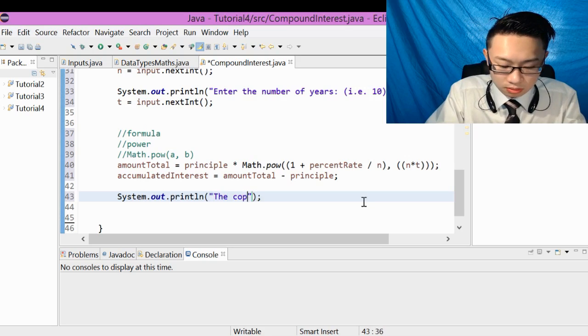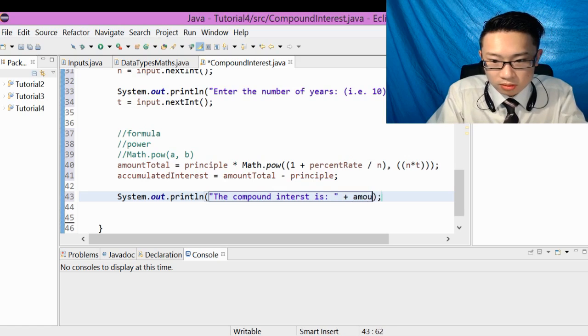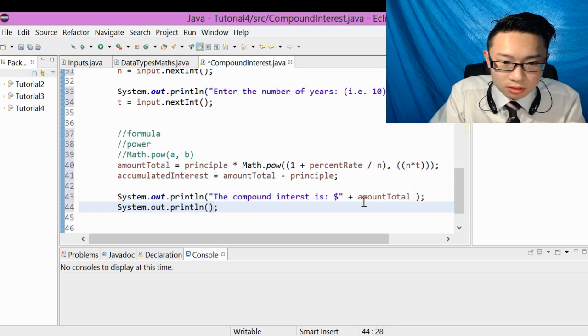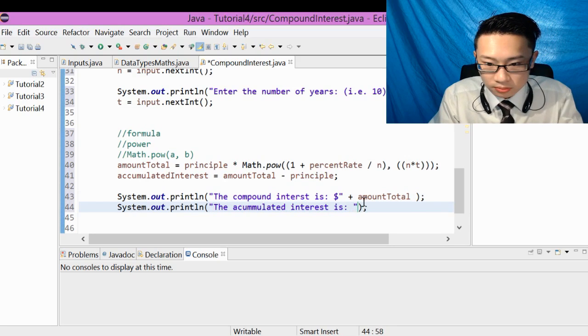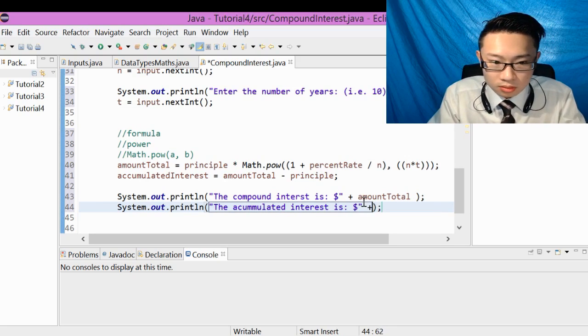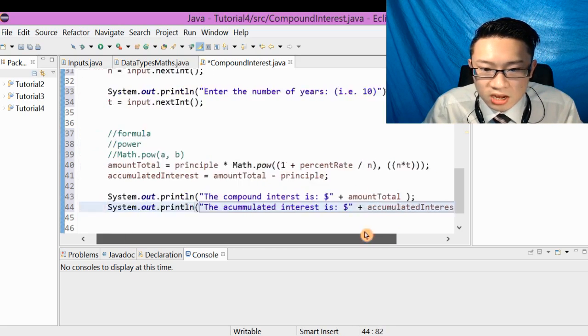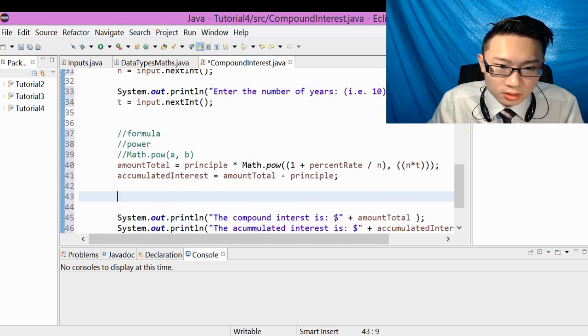The compound interest is amount total. You might want to put in a dollar sign. And System.out.println, the accumulated interest is. Awesome. And if you want to make it fancier, you may want to put in some results. So at the moment, when we run this program,